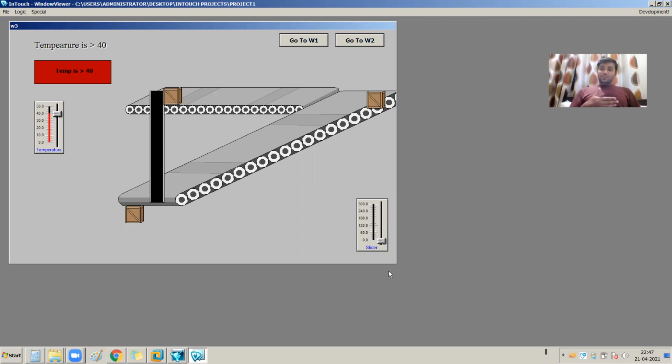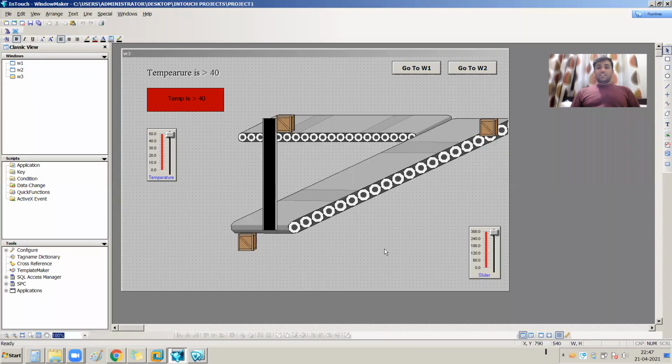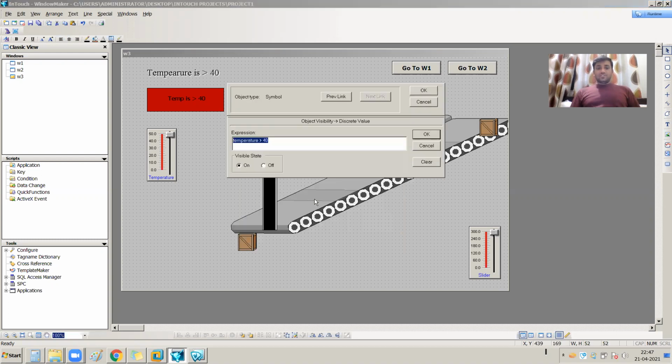But you know that we are going to discuss the visibility concept. Here actually one box should be visible at a time, but here three boxes are visible, so we need to give visibility to each and every box for one particular slider value. If I go to the development stage, this box will be visible within 0 to 100. So if you double click on this and go to the visibility section,